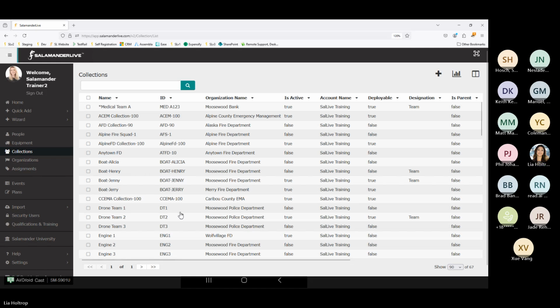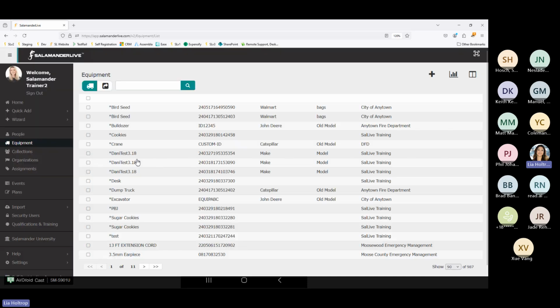And it's an optional area for you. If when I issue out this trailer, we already know that there's a bunch of equipment on that trailer that's also being issued out to that person, you have the option of going in here to a piece of equipment and linking those items and then issuing out all the items. So you're not just issuing out the one trailer, but you're also going to issue out every single item that's on that trailer. If I can give you an example on here,